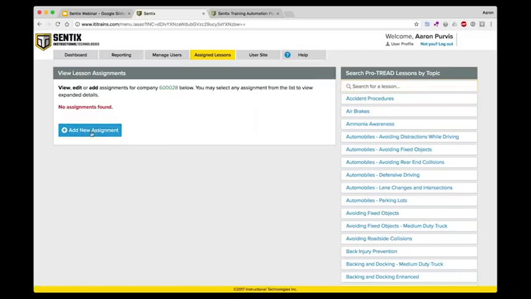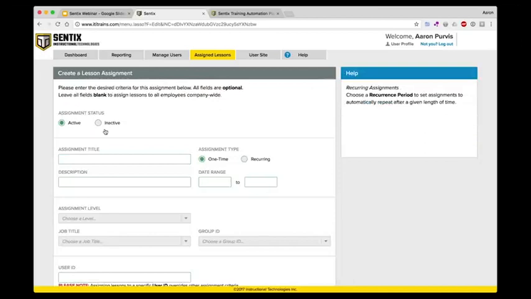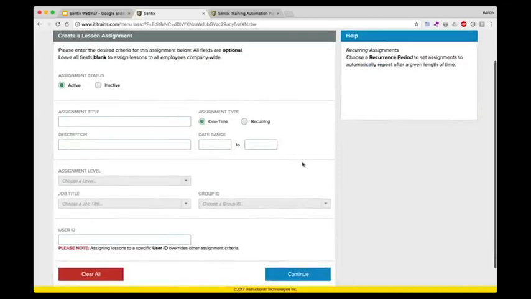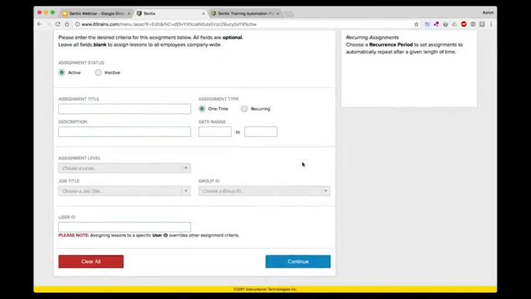Click on Add Assignment. In this scenario, I think we'll set up some quarterly training. So I'm going to set up fourth quarter training for all of my drivers within the company. So I'm going to say Q4 driver training. And of course, unlike the current assignment system in ProTread, you can give assignments titles,